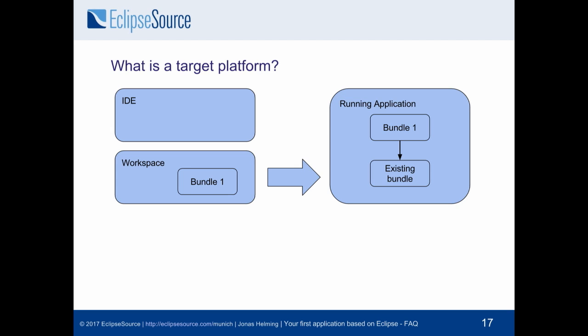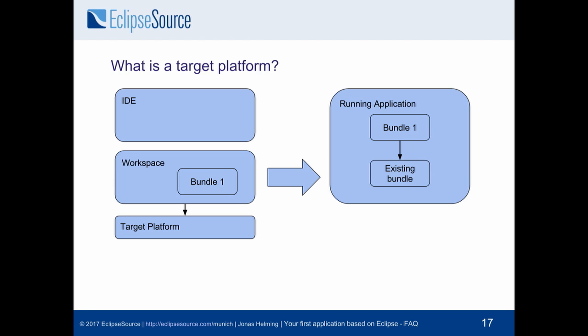This application will then contain your bundle. However, your bundle might require an existing bundle, meaning a third-party library, typically from the Eclipse ecosystem. So this bundle has to come from somewhere. And the location where this comes from is exactly what a target platform is. So for every workspace that you work on, you define a target platform, which is the location where all the